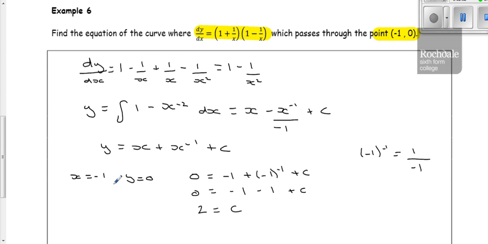We've been asked to find the equation, so it's important that we do write down what our final answer is. So the equation is the particular solution, and we're going to write in 2 instead of c. So it comes from here, that's the general solution, then we put the 2 in. You could write that as 1 over x if you wanted to, so x plus 1 over x plus 2. It's worth reading the exam question because sometimes they specify what form they want it writing in. In this case, that answer is